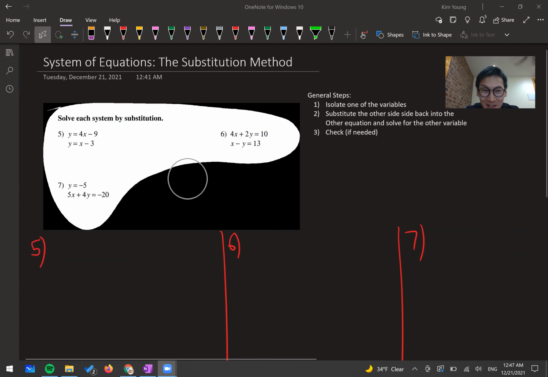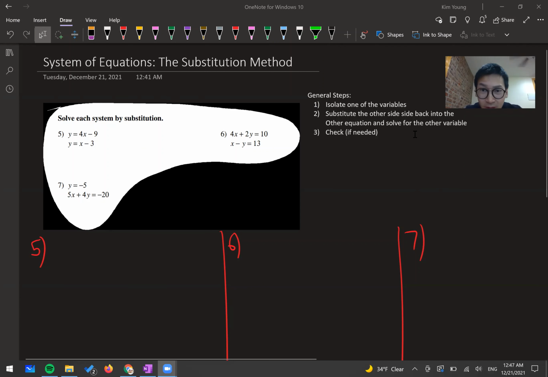So here we're going to solve these questions using the substitution method. These are the same questions from the elimination video, and I wrote the general steps here again. Step one, isolate one of the variables. So basically get one variable in terms of the other one, or one variable alone on one side of